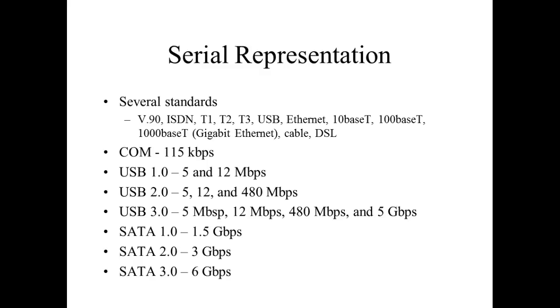But all these are downwardly compatible. So USB 1.0 could do 5 and it could do 12. USB 2.0 could do 5, it could do 12, and they added 480 megabits per second. USB 3.0, which is the version we're on now, I think they're working on 4, or they might have 4 out already. It'll do 5, it'll do 12, it'll do 480, and it'll get all the way up to